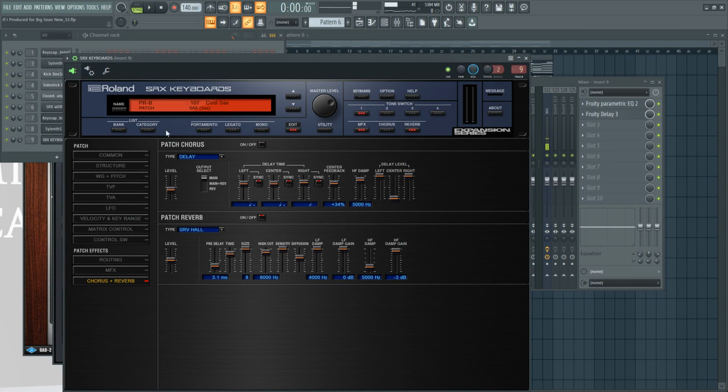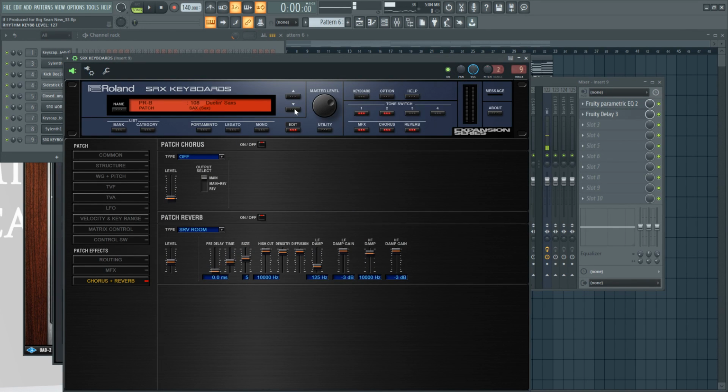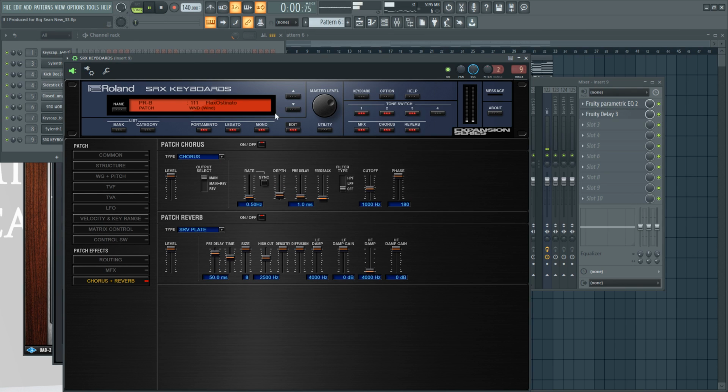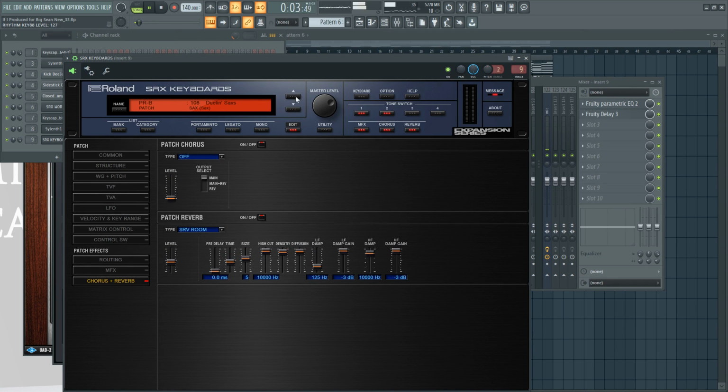I wish this had a little more expression in it. Let me try and pick a different saxophone. That's a little brighter. I like this one better.